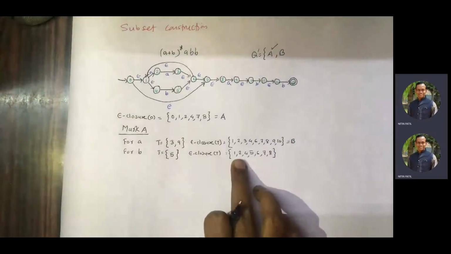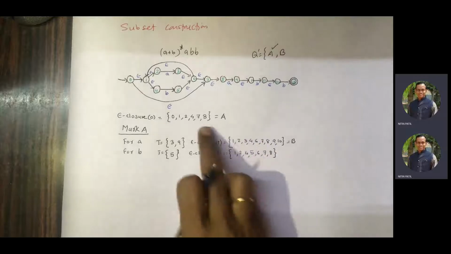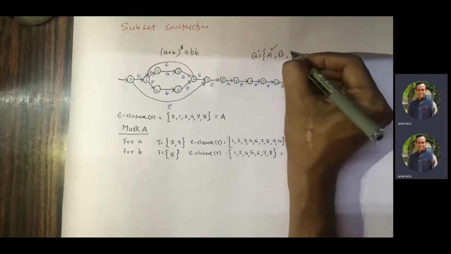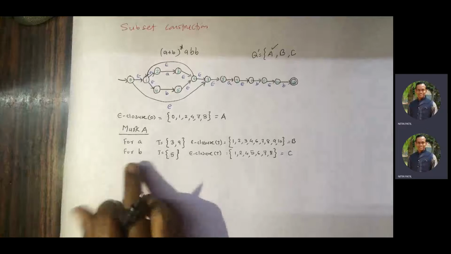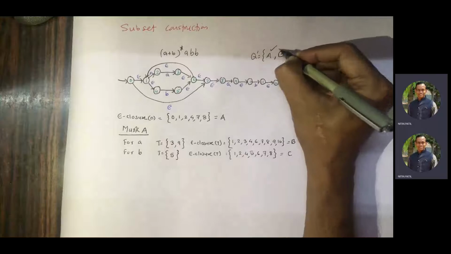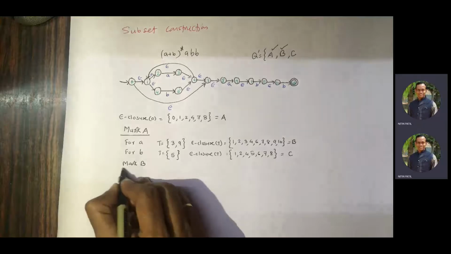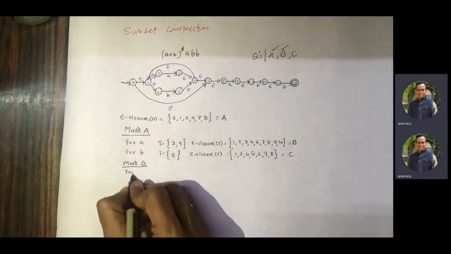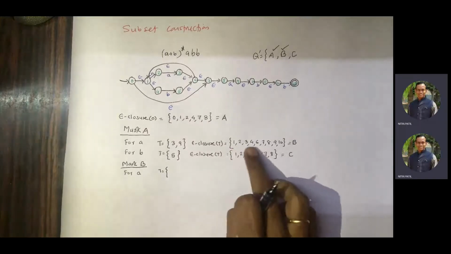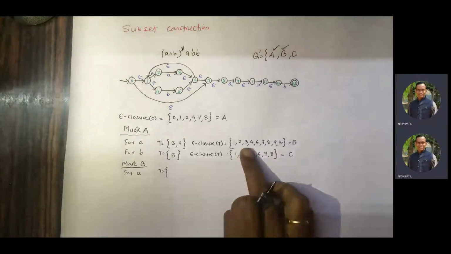Now tell me, if you try to compare this one with the earlier two, are they the same? No. That's why you give the name C. Now we only had two inputs, A and B, so we are done with A and B. Now you have to mark the next set. So mark B and repeat the same process for A. Compute T. B is this set, so we have to go with this set particularly.